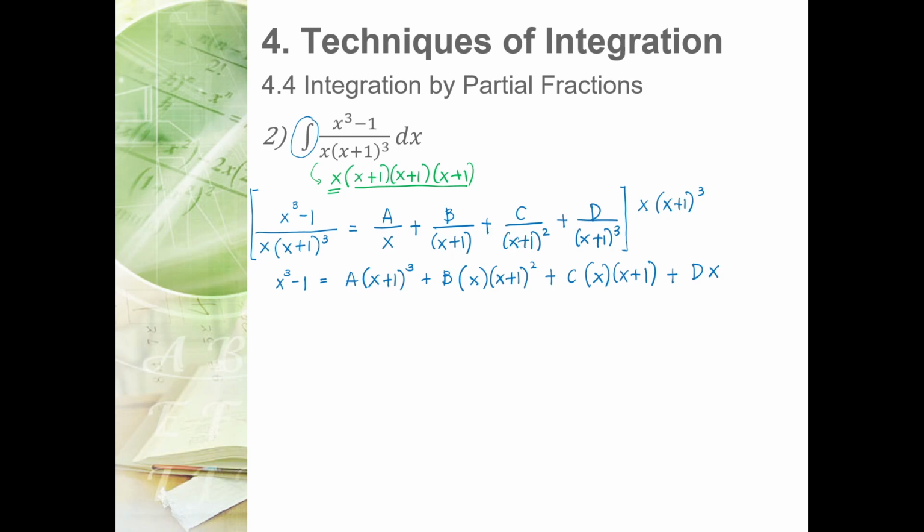So it's difficult already, right, if we're going to use elimination. If you're going to use x equal to negative 1, what remains is only the D parameter. Right? Then how about the other three? So I think if you look at the equation, it's really difficult for us to use elimination. Okay, so I'm going to write it here. So by equating coefficients,